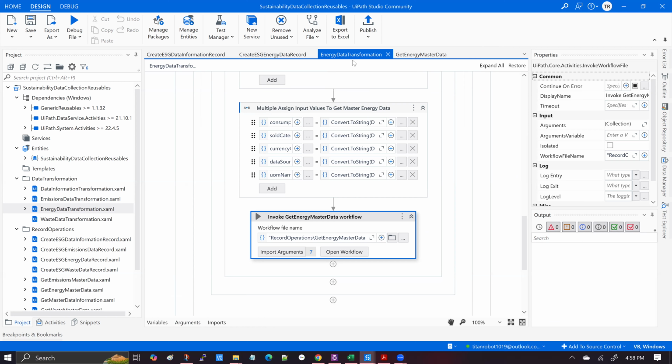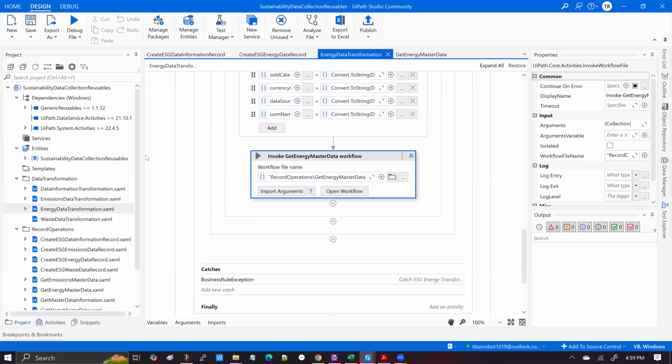And therefore, it is up to you to decide where to put these actions, one each for energy, one for emissions, and one for waste, right? So very important, make sure that you bring in those methods or library action calls in your performer where they're required. And the third most important thing that you must note is that